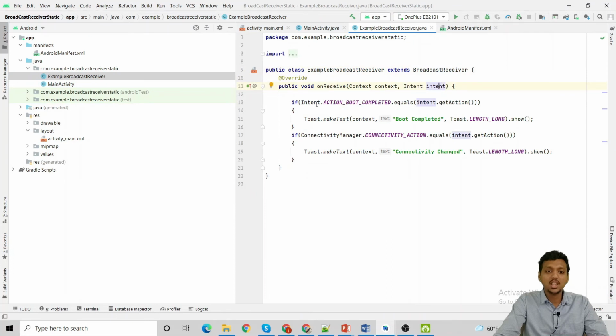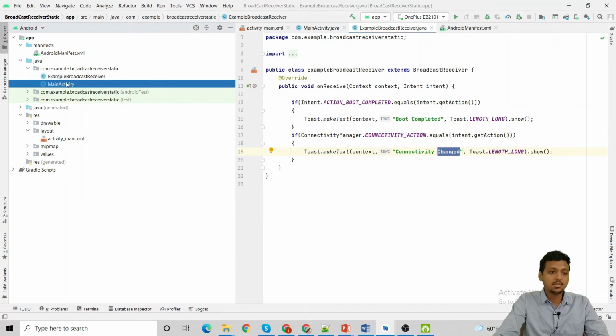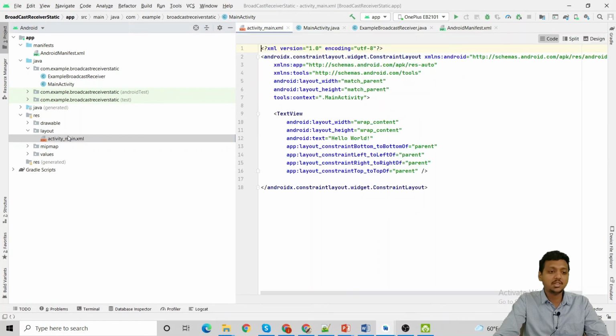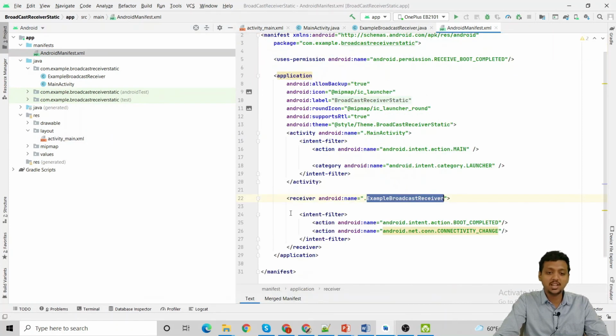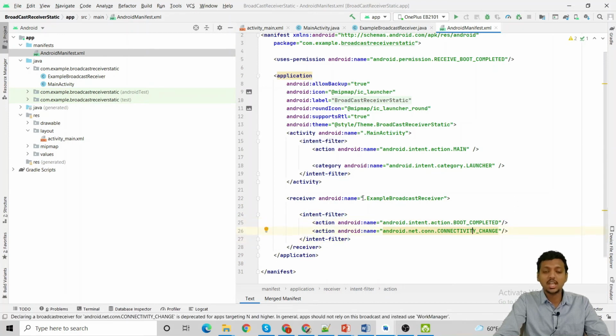When your intent action is boot completed, we need to toast a message, boot completed. When the intent action is connectivity action, then we just need to check the connectivity changed. My MainActivity.java file and activity_main file remain as they are, and this is just the manifest file where I just need to edit the receiver. Where the intent filter and action are, we need to define both boot completed and connectivity changed. I do not need to add anything else.